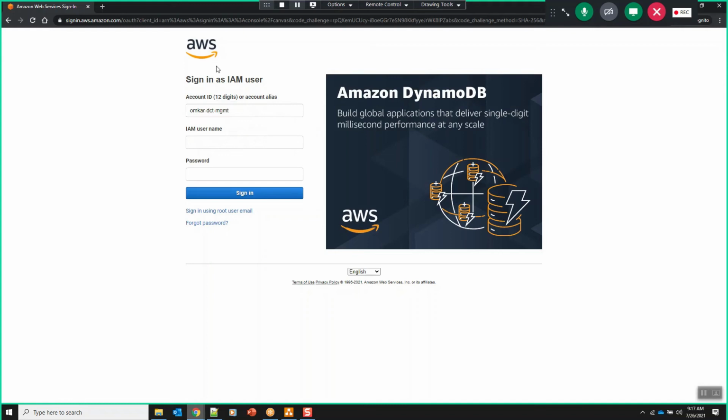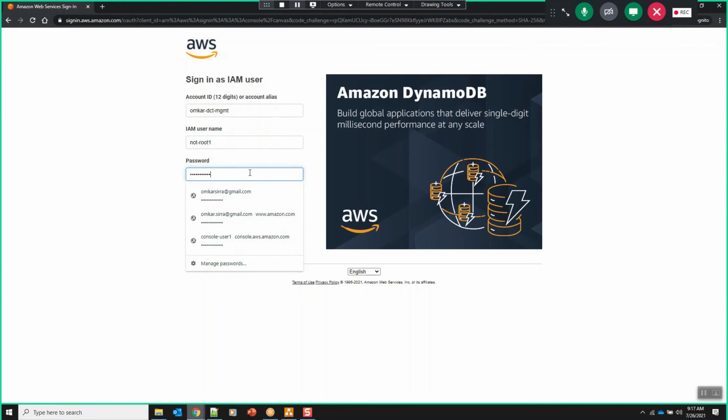The reason is we mentioned the account alias in the URL, right? That's the reason it is able to infer the account ID from the URL. And what is the IAM username? Non-root one, right? And the password is some simple password I gave, because it will ask me to change the password in the first login.